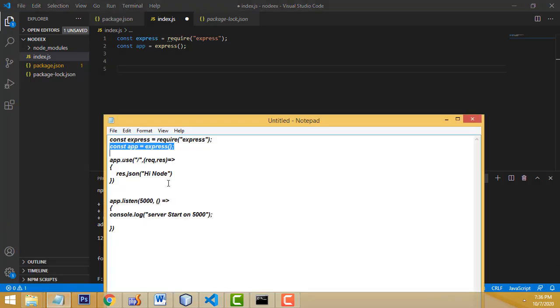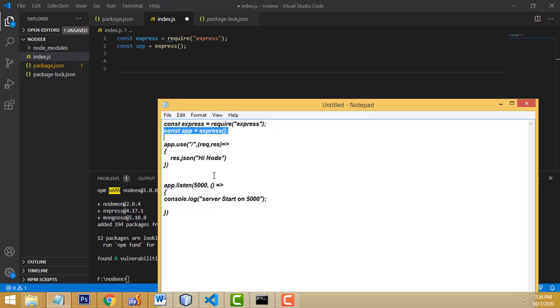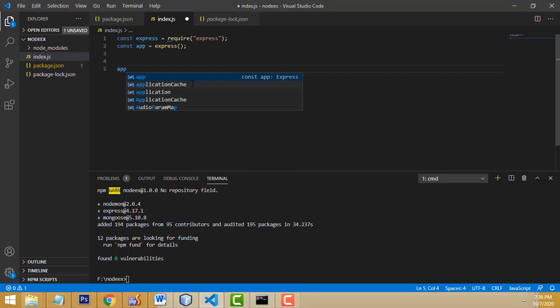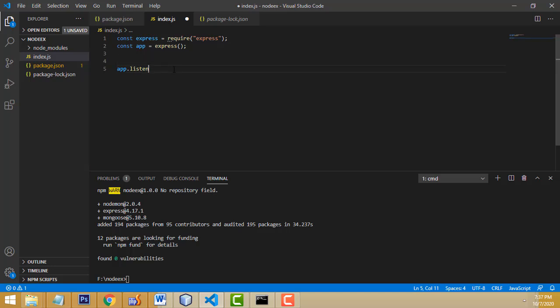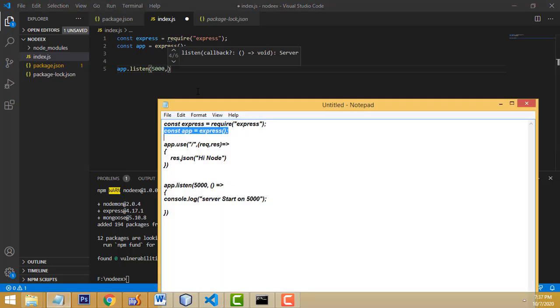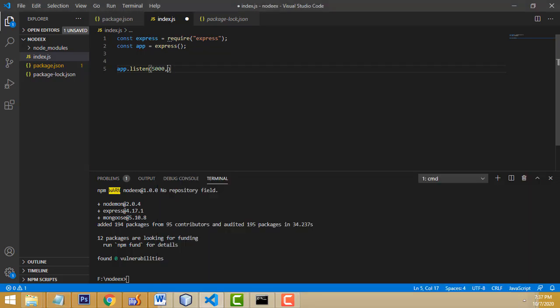Now after that the app should listen on a port, we have to initialize the server port. So how to initialize a port? It is very simple to write. First you write app.listen, you can type simply app.listen, after that the port which you are running, that is very important. So I have to run port 5000, comma, and we have to write the bracket and everything. This is the predefined code in Node.js. You have to write this one.